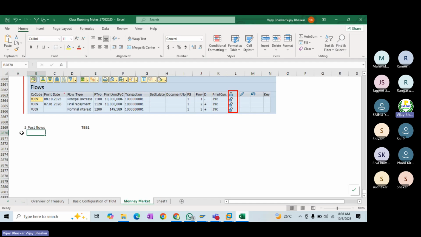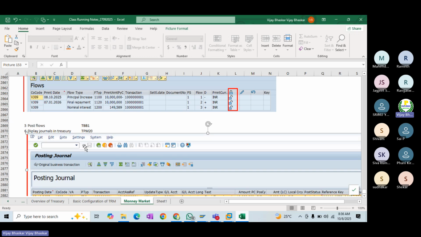Now post flows we have seen. Display journals in treasury, what is the transaction code? TPM20 we have seen.